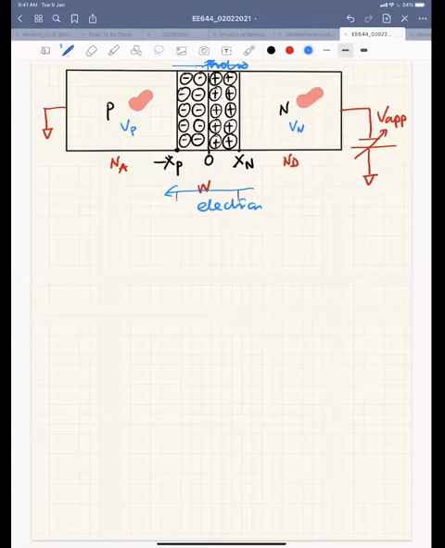So it's not like that suddenly, it means basically the holes are going from P to N, right? So the holes are traveling through the depletion region. Similarly, when the electrons are injected from N to P, they are going through the depletion region. So in the depletion region, there is a possibility, because you see you have